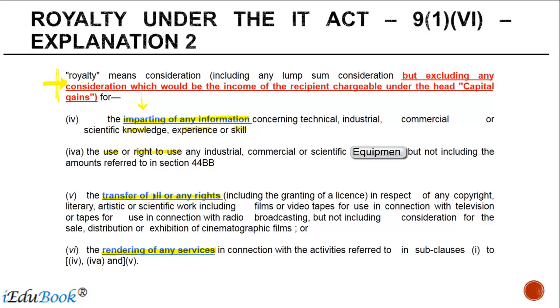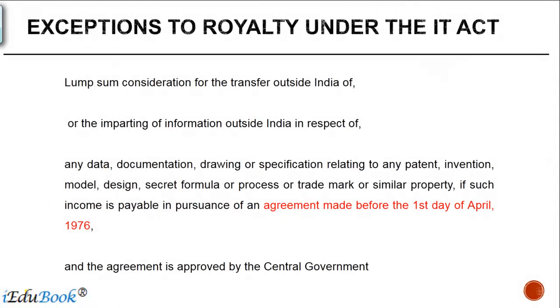Now what this means is that basically when you are taking any payment which is towards royalty, right? In those cases, the payment when it is made for royalty, if there are ancillary services which are given, even those services get classified as royalty. But there are certain exceptions as well. While this exception may not be very, very significant, but still, let's go through it.